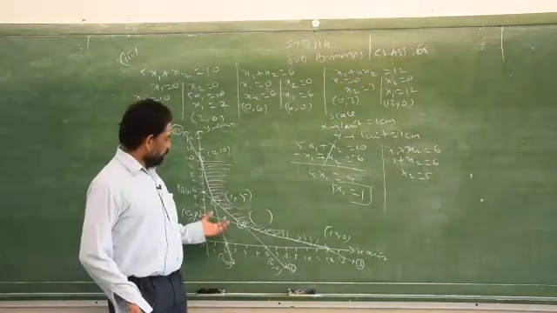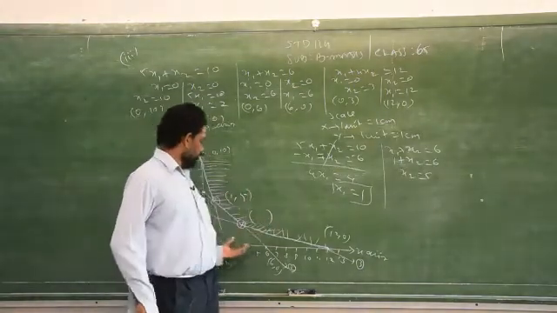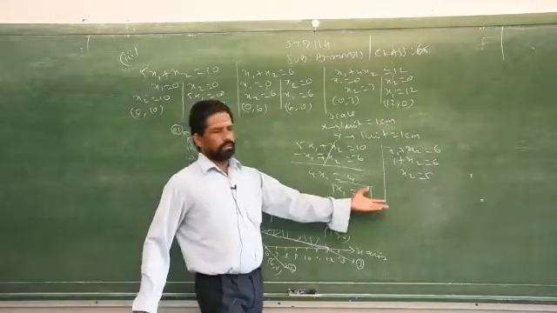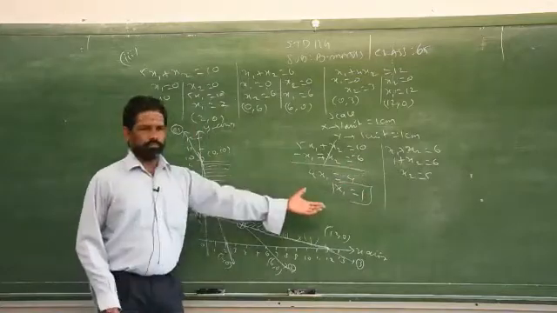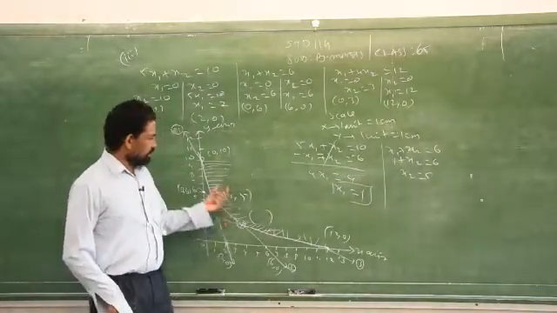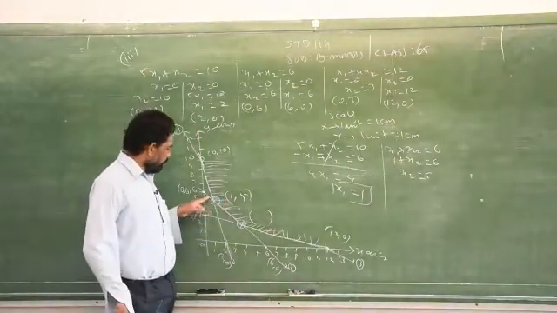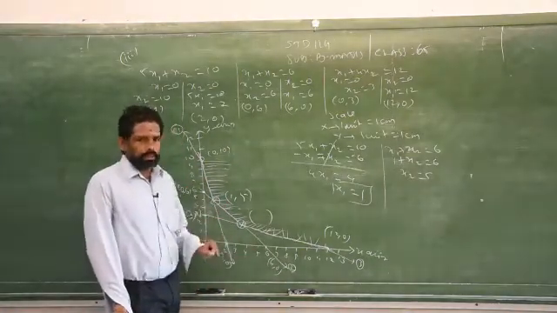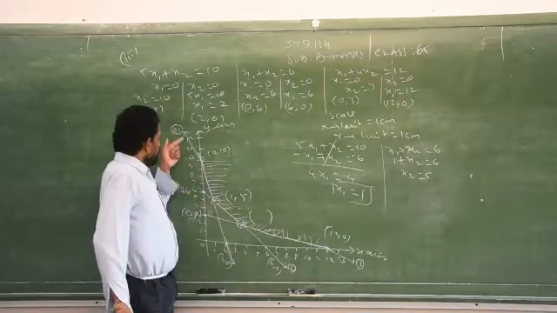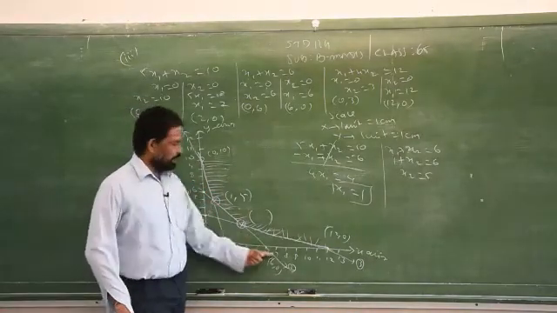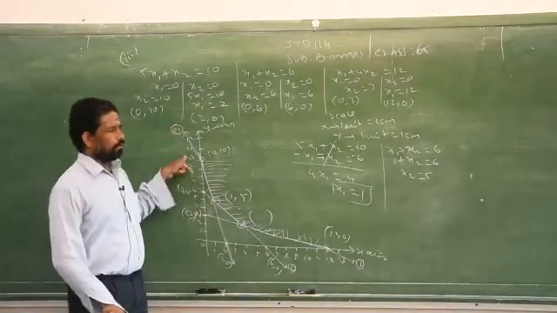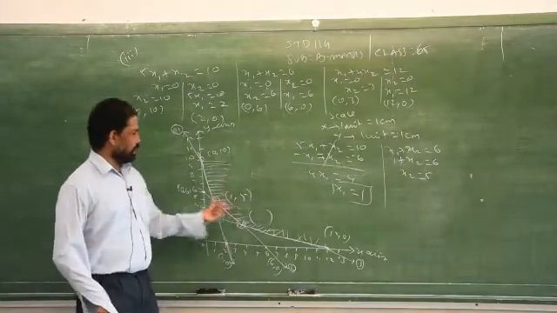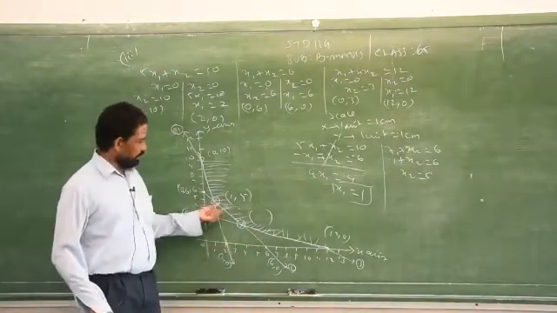But if you want to verify whether your answer is correct or wrong, use the elimination method and check by comparing the two. Clear? So this is after applying the elimination method to equations 1 and 2. Why am I using only equations 1 and 2? Because the first line and the second line pass through this point. Therefore, take equations 1 and 2, apply the elimination method, get the answer and check whether it is correct or wrong by seeing the graph sheet. Clear? Now it is correct.